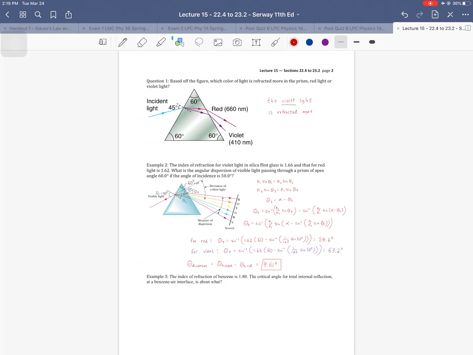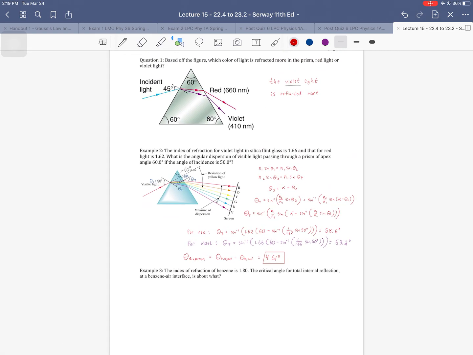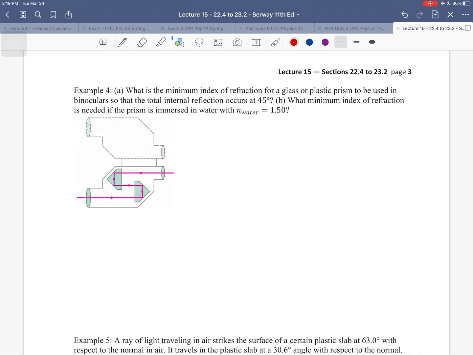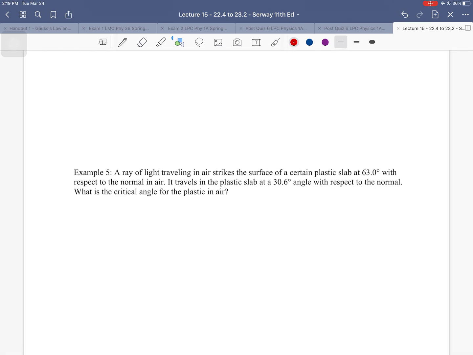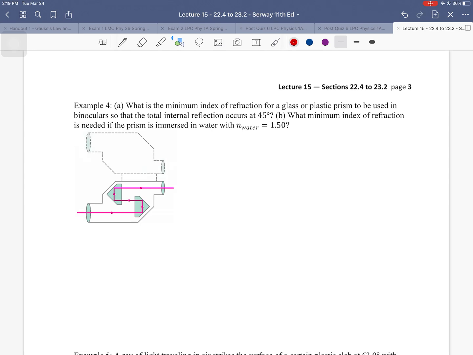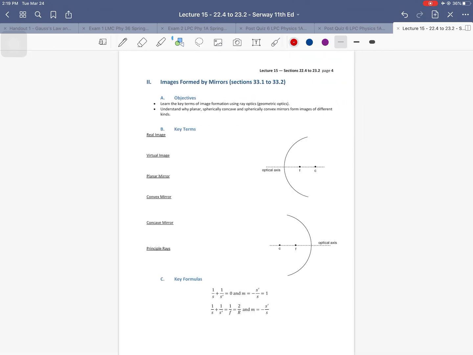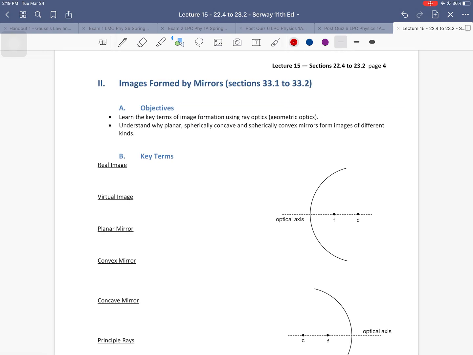Okay, so we have another example of a critical angle, in this case for having a beam of light that is bounced around a pair of binoculars. And yet another critical angle example. So a lot of further practice if you want more practice. Okay, so let's move on to the second half of this lecture, but I will start that in the next